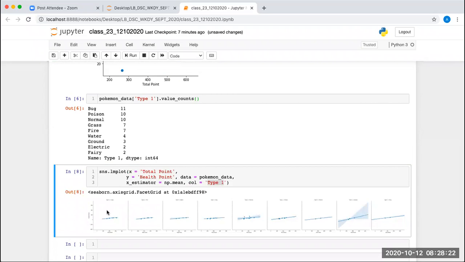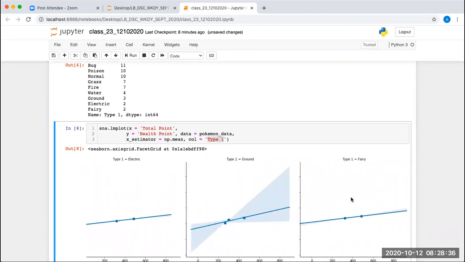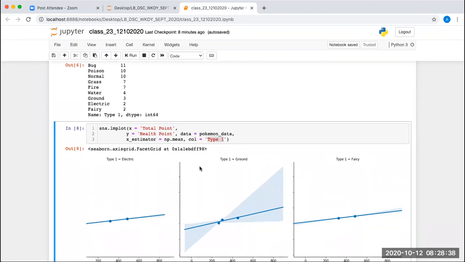If you enlarge it, for the value grass of type 1 you get one linear plot, for the value fire of type 1 you get another linear plot, and so on. Whatever values you have in type 1, for each value you will get a plot. Clear? Fine, everyone.